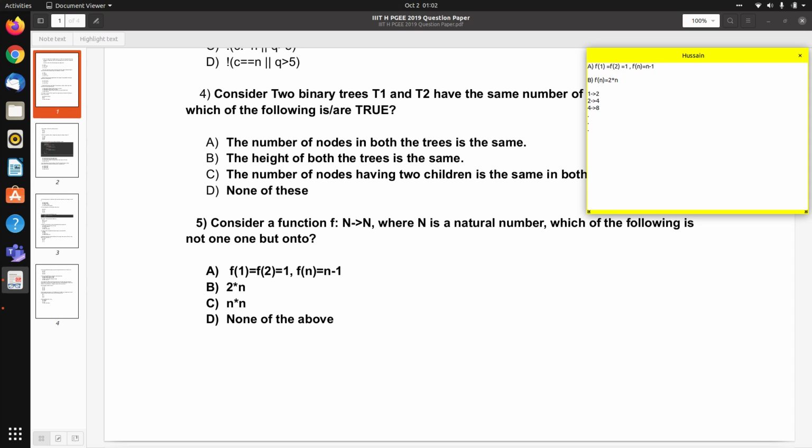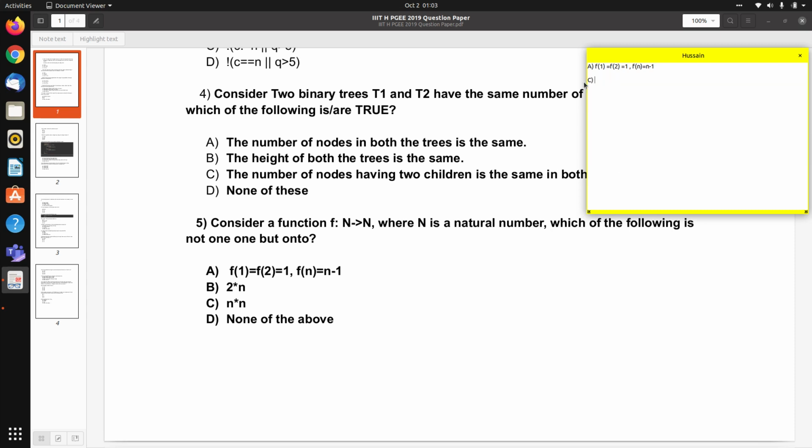So this is a 1-1 function, and it is not onto, because the elements 3, 5, 7, 9, all the odd elements are not covered in this. So it is 1-1 but not onto. But we need to find the reverse one, so option B is definitely false.